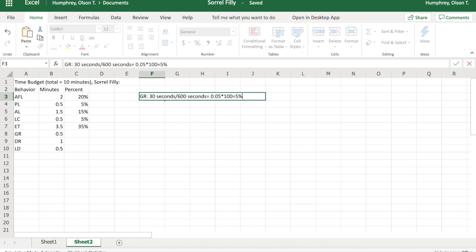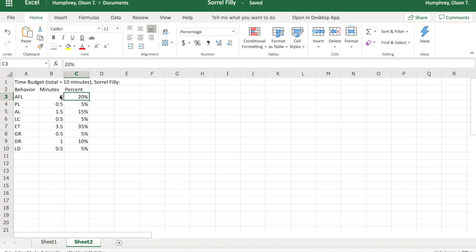According to our 10-minute observation window, it spent 5 minutes or 5% grazing. And then drinking water, it was another 10%, and the last 5% was the Sorrel Filly laying down. So here we have a complete time budget,